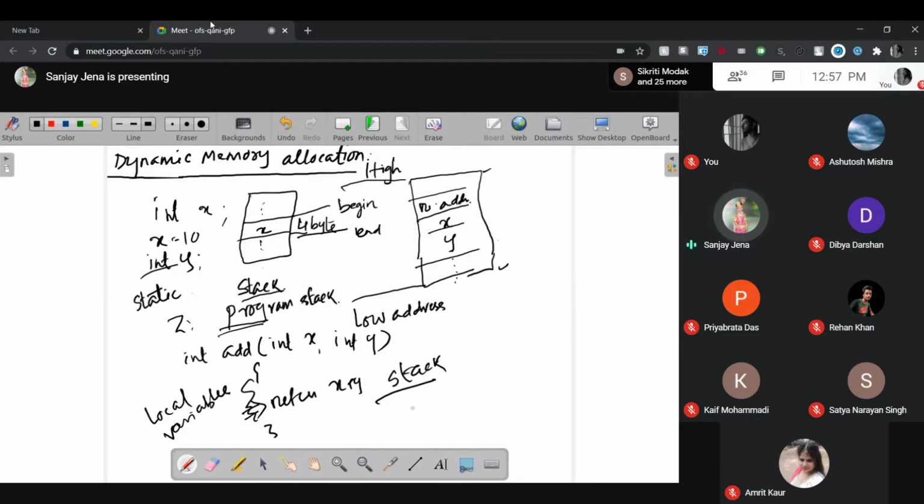Or you can say the process stack, because later on the program becomes a process. Hence, for each program and process you are going to create, there will be a stack allocated. And all this allocation is done during compilation time, hence it is called static allocation. The nature of static allocation is that as soon as the program is over, this is going to be over.